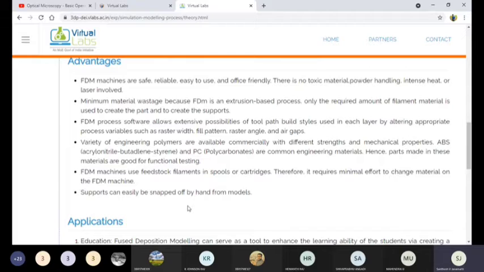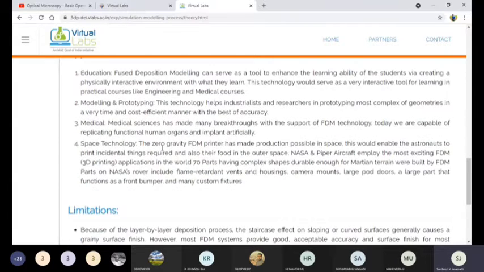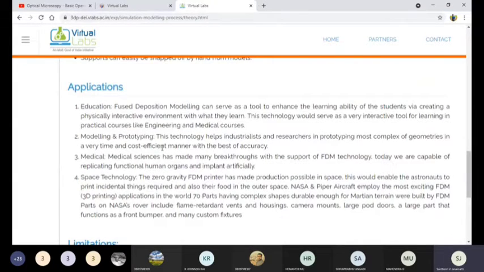So these are the strengths of this FDM process. I am just taking a glance over these advantages so that we can understand the strength of this FDM process. In detail, we have already gone through all these things. Just for the glance, I will take it once again. Now once we look into the applications of this FDM process, this is also very important. So we have to have this information.